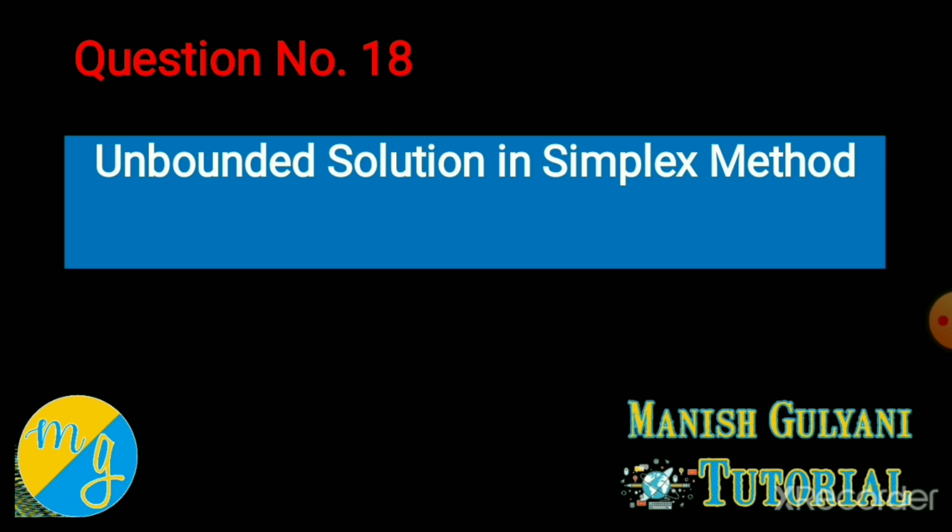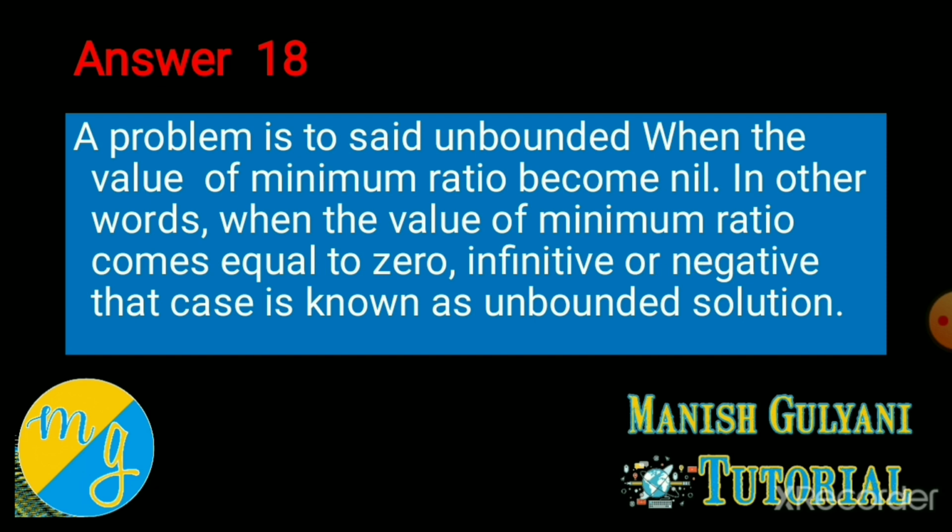So when you are unable to identify your key row, meaning pivot row, that case is known as your unbounded solution. So in this case you have to mention, since all our minimum ratios became nil, it is a case of unbounded solution. Now next concept,